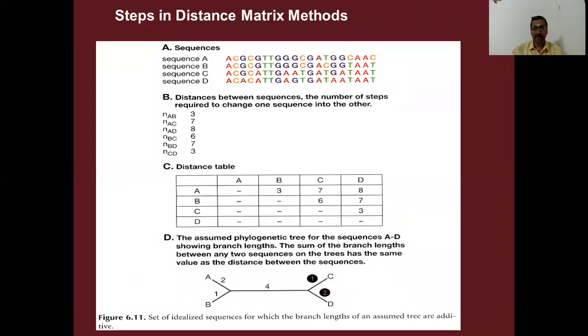Now here you can see, first you take a set of sequences: sequence A, B, C, D. Don't imagine that they are different proteins. Assume all four sequences denote only hemoglobin. Sequence A is hemoglobin, B is hemoglobin, C is hemoglobin, D is hemoglobin. Only thing is, A would have been taken from Homo sapiens, B from Bos taurus, C from a bat, D from a bacteria.